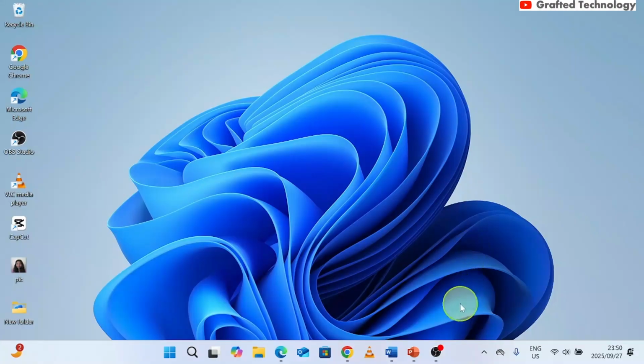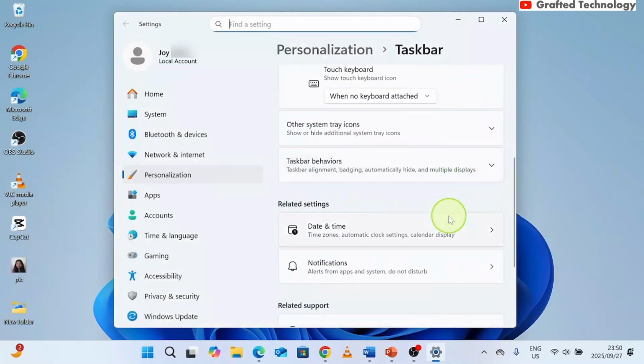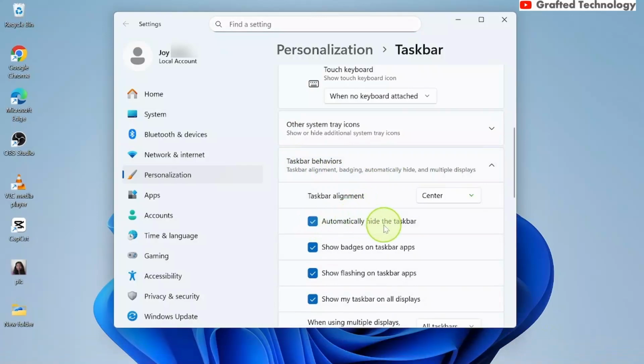Now hover your mouse to the taskbar, that is your taskbar, right click on the taskbar, choose taskbar settings. When this opens, scroll down to taskbar behaviors. That's it there, taskbar behaviors, click on it. Now put a tick here in the box, automatically hide the taskbar, and you will see that the taskbar now